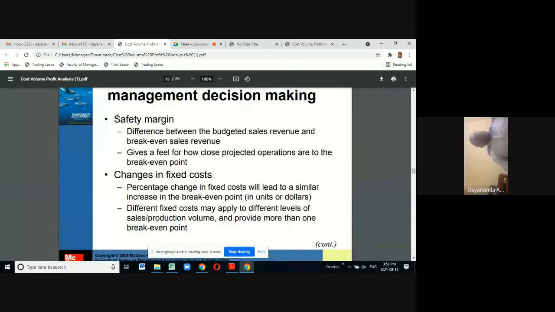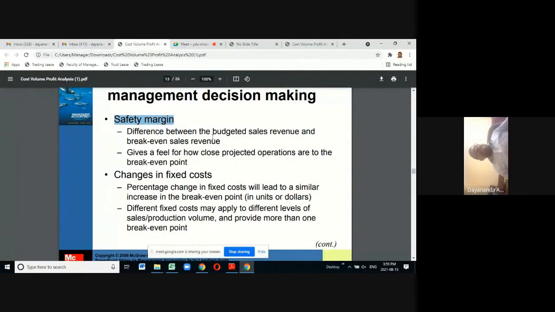So the next point I want to highlight is the margin of safety. What do you mean by margin of safety? What is the meaning of margin of safety? Now you know unit contribution. You know the CS ratio, the unit margin contribution ratio. You know how to calculate the break-even. You know how to calculate the units to be sold when you are expecting a particular level of profit. That of course we have calculated. Now we are talking about safety margin.